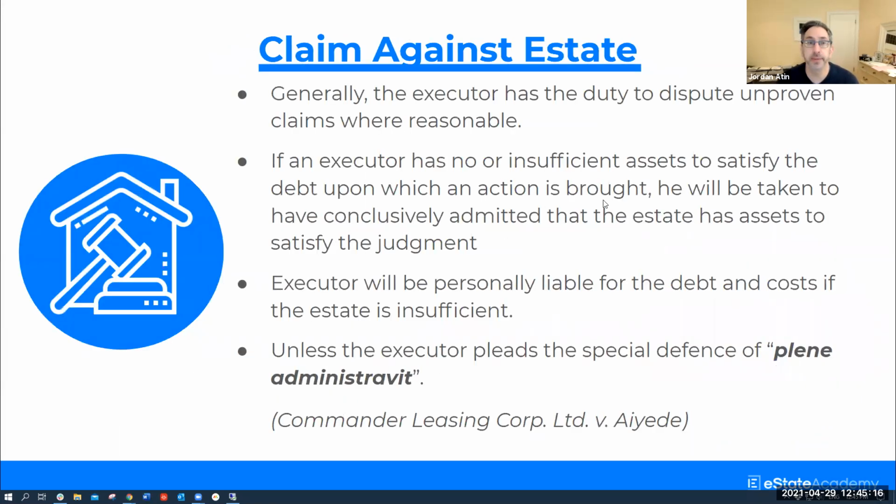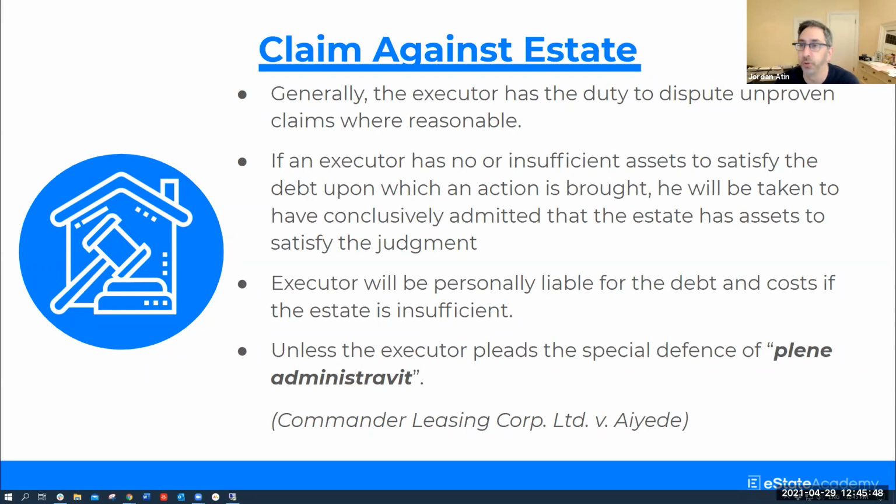So then let's just talk about claims. This is a little bit technical, except that it's important because it's a very special defense. So let's say a claim is brought against the estate for $1 million, and you're advising the executor, and you say, well, there's not enough money to pay that anyway. I don't even care. And so the problem is